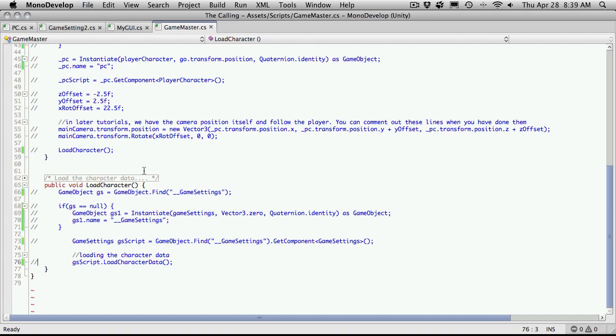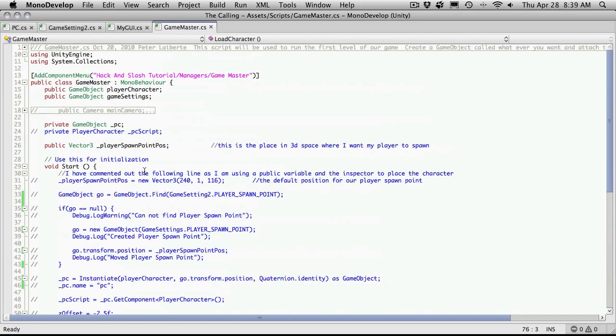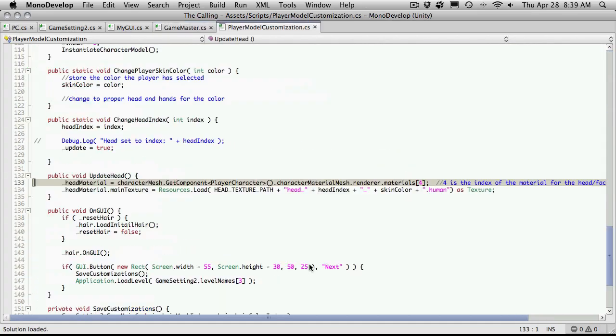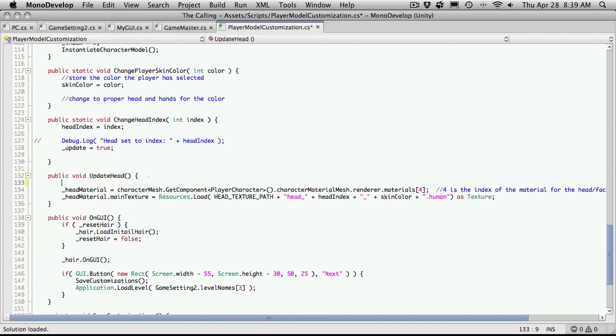So if we comment all that out, to be honest, we don't even need these anymore. I'll come back in. We'll see what error is next. We have a player character one. This is in our player model customization. So we're saying head material is equal to the character mesh, which is assigned in this script, get component player character, character material mesh render material 4. So we can replace that with